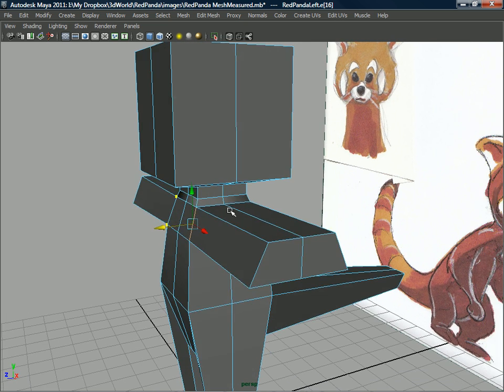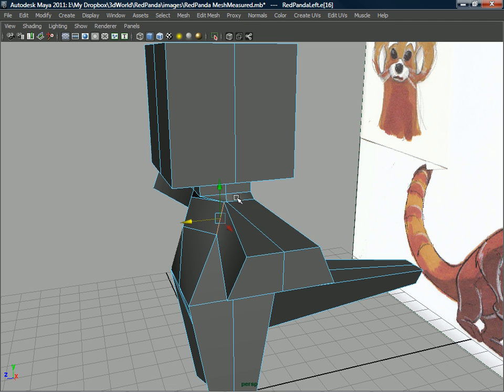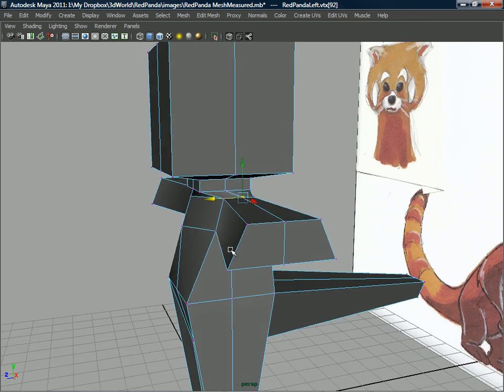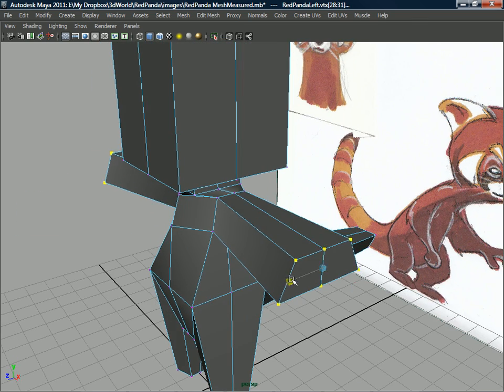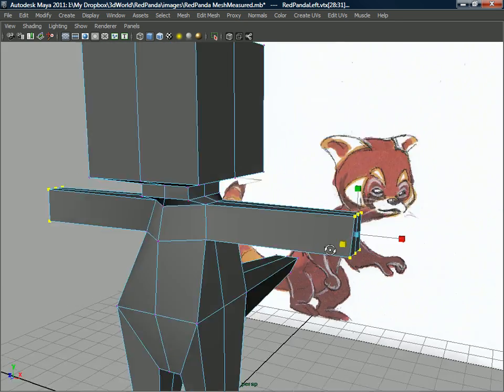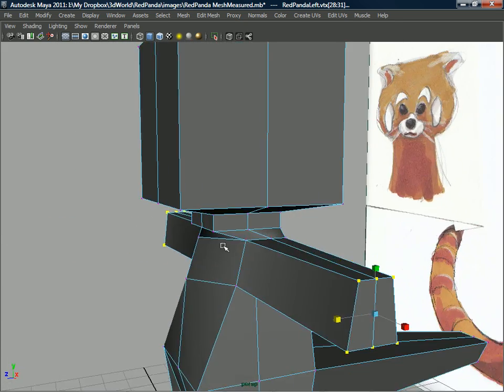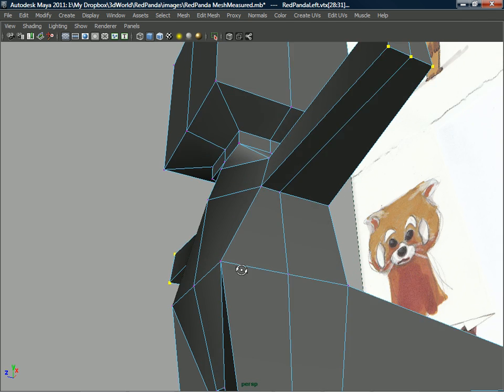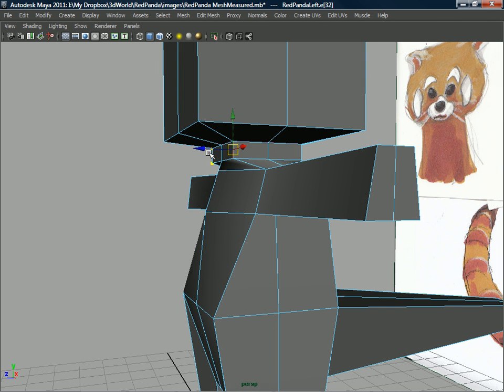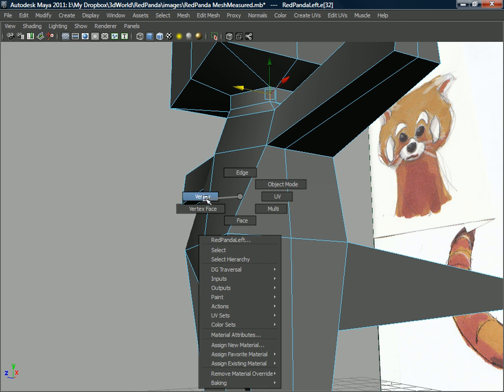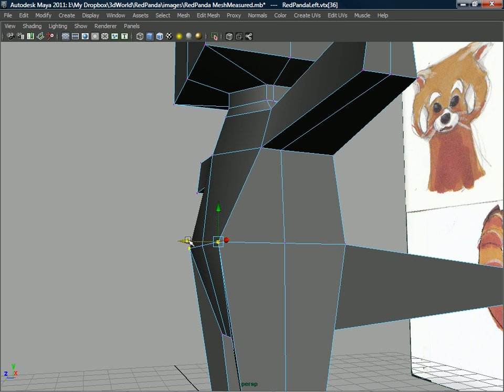So we'll bring that back, and then we'll grab this, and then we'll push this back as well. Okay. And these guys will be scaled down to accommodate that, since the arm tapers down. So since I pulled that back, I'm obviously going to want to do the same thing for the neck and the hips. So we'll pull that back,